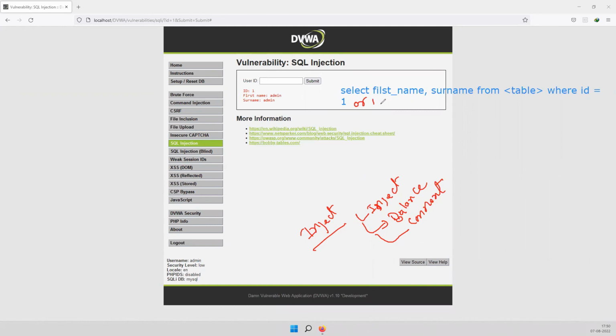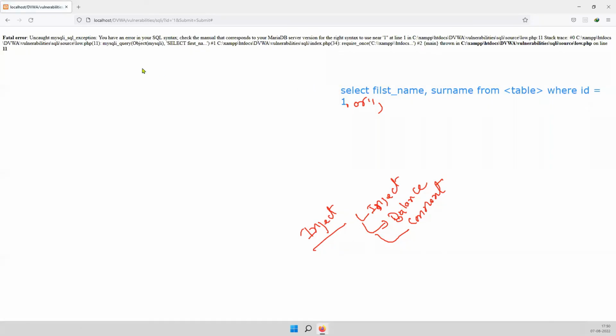So this is an injection. Instead of 1, I'm putting this type of input. Whether the injection would be sufficient or not, let's check over here. Let's do some inject.